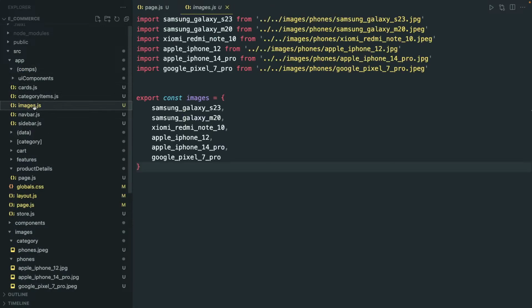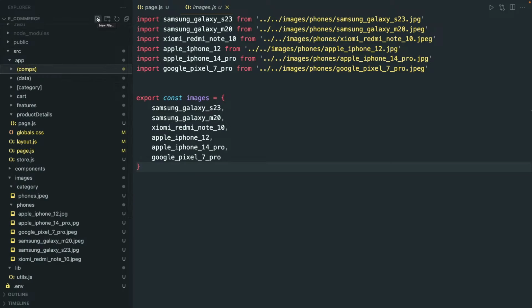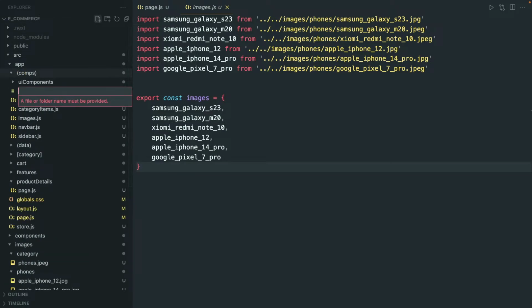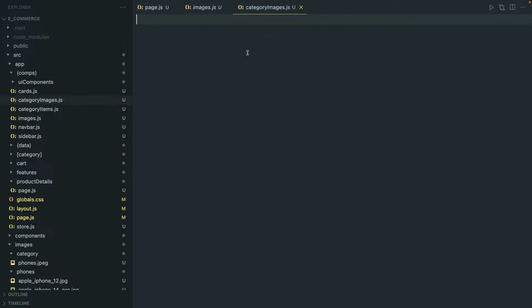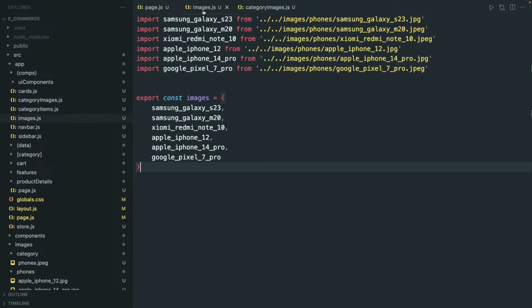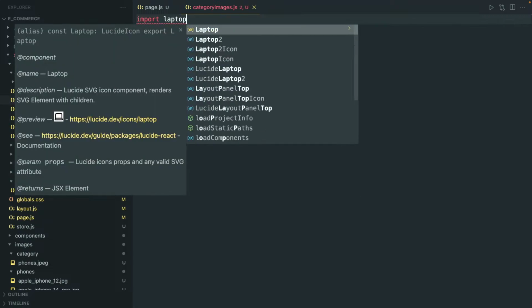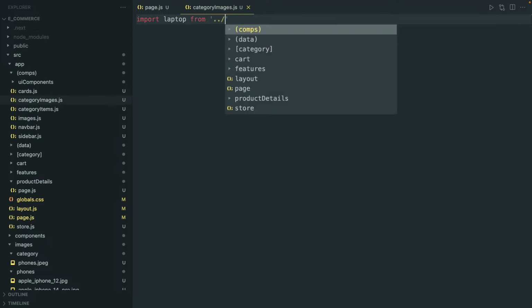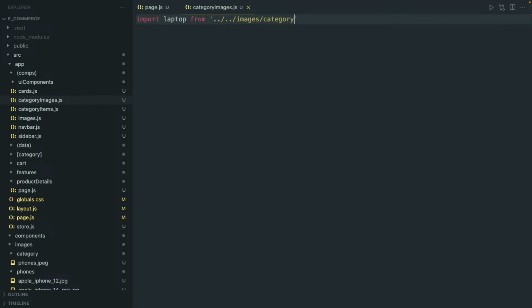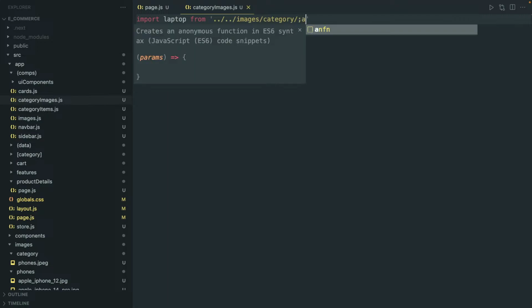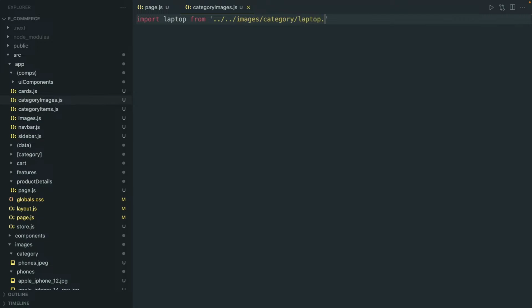Inside the components images, okay, I can create a new file named category images.js, and of course import laptop from images category, and laptop.jpeg, right? Okay,